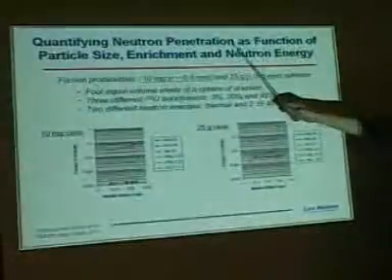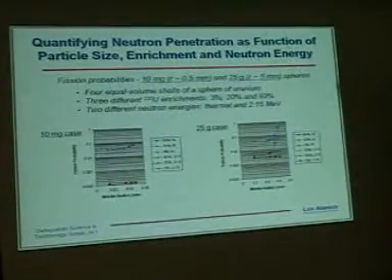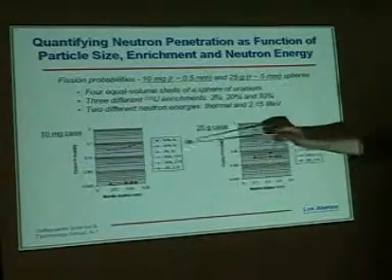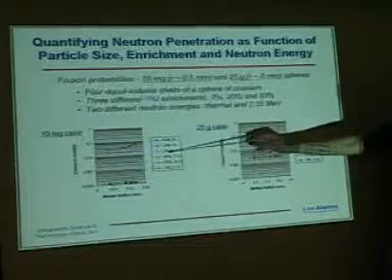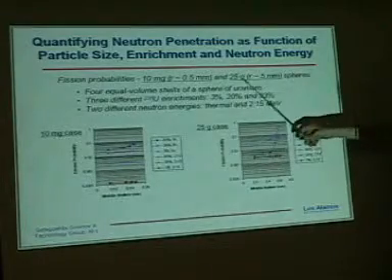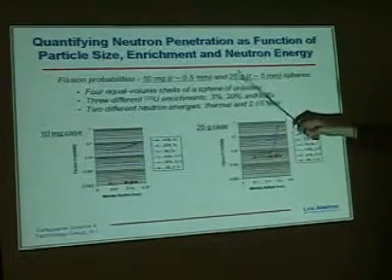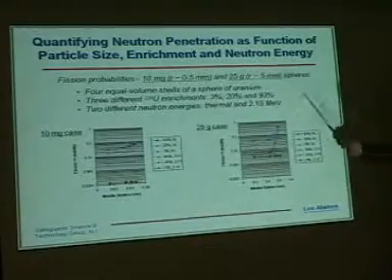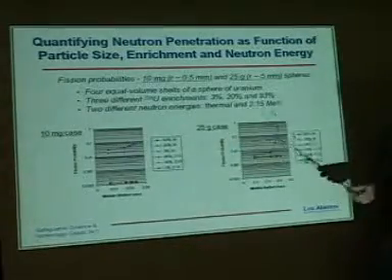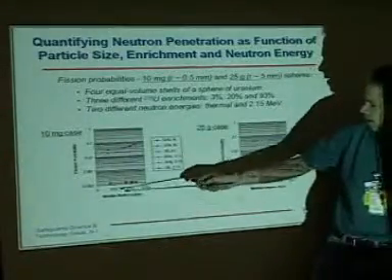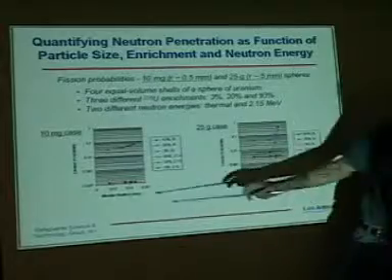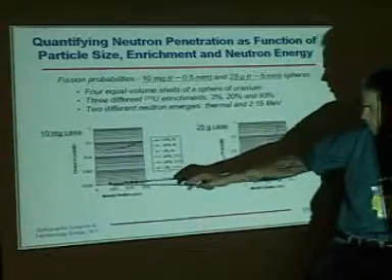I'm talking about neutron penetration as a function of particle size, enrichment, and neutron energy. So there are 2 cases. There's one case which is 10 milligrams of uranium, where it varies between high enriched, 93%, 20%, and 3%. Very small object, so your radius is 0.5 millimeter. And then another object, much higher mass, 25 grams versus 10 milligrams, so 5 millimeter radius. For those 2 cases, let's focus on the first case, a very small object, and look at the fission probability at different locations within it. Here they're equal volumes once again, where the inner volume is, I should say,